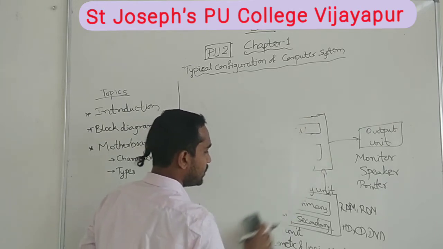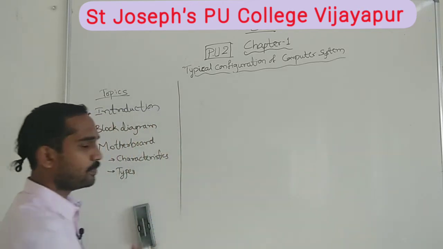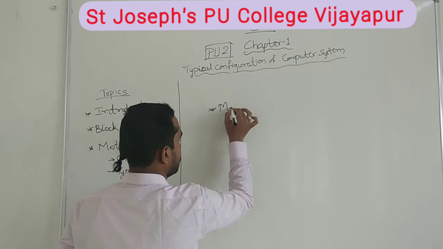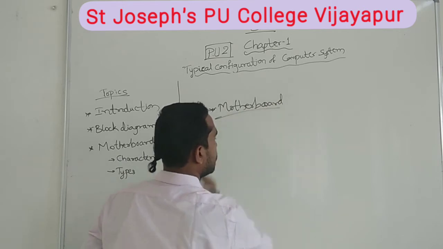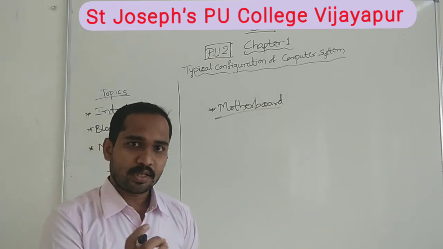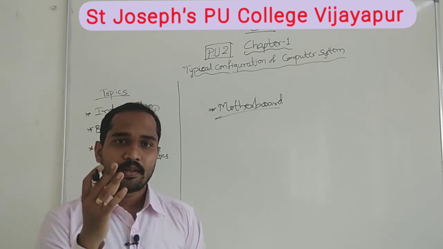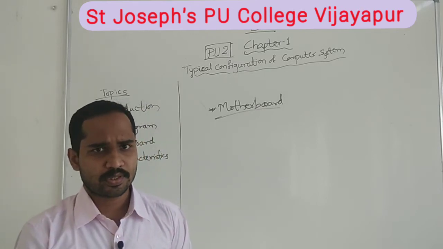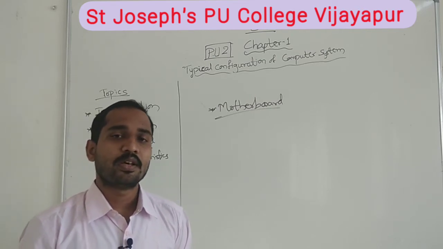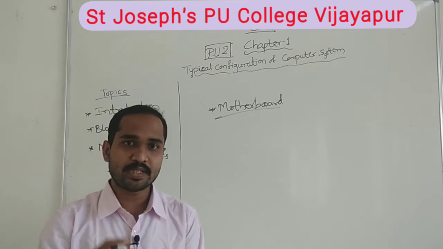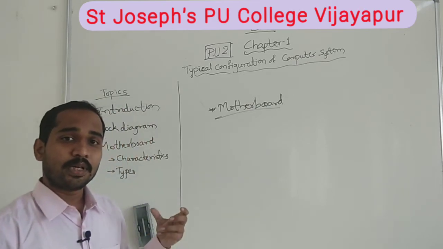Yes, now the next topic is motherboard. Have you heard this word motherboard? What do you mean by motherboard? See, in our CPU, central processing unit, the processor is the main thing. Am I right? The processor is the main thing. So you have heard many processors: Intel, Snapdragon, quad-core processor. So these processors have to be situated somewhere in your device, correct? So the motherboard is the